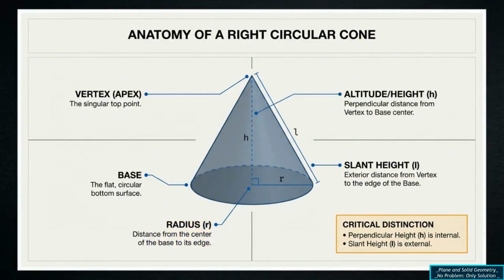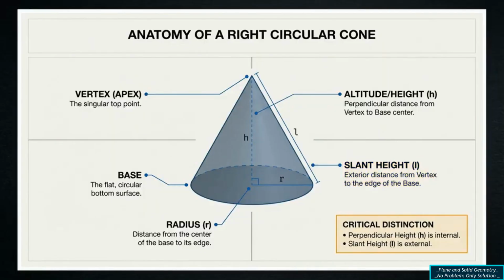To measure height, we look at the right side of the diagram, where there are 2 distinct vertical measurements. First is the altitude, or perpendicular height, labeled h. This is the internal, straight drop from the vertex to the center of the base. The second is the slant height, labeled L, which measures the exterior slope-in distance from the vertex to the edge